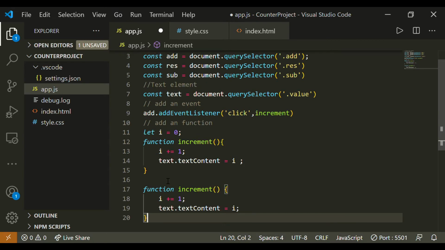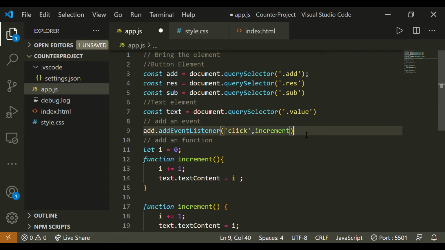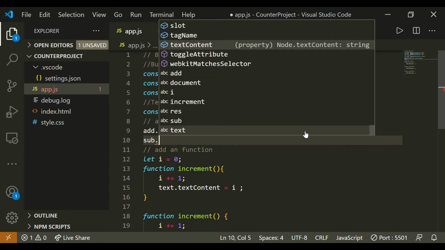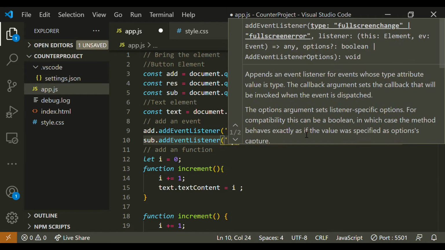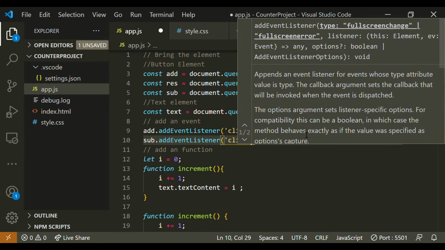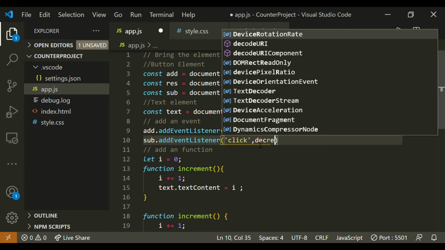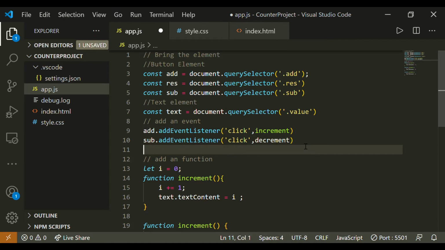So this is our increment and it is our decrement function. So to perform events, first you have to add an event on buttons. So I will be adding events in every button now. Click, and comma, and it should call decrement function, and same with reset button.